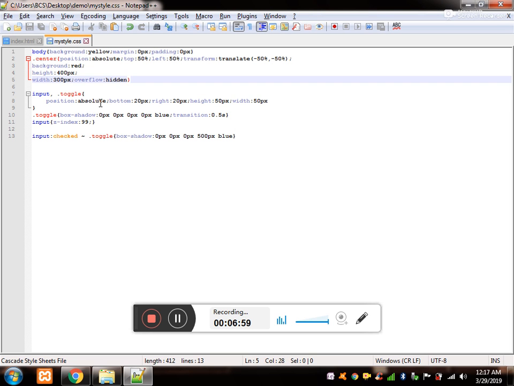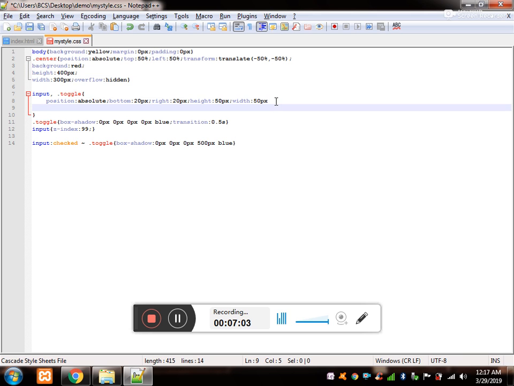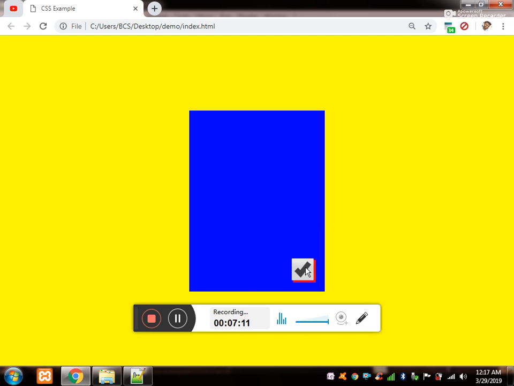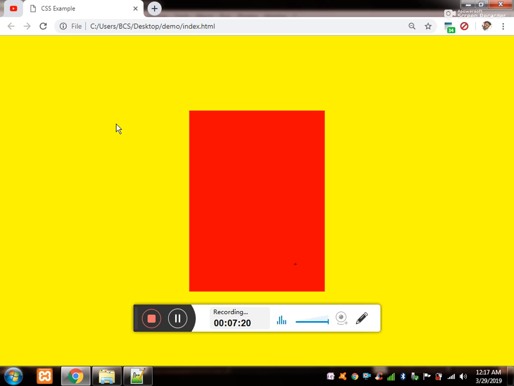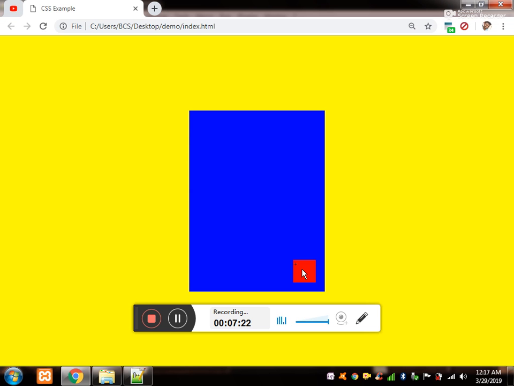And you need to make the div and the input field a circle. Now let me show you. I don't want this tick to show up. For that I would simply have opacity 0. Now the input field will not be visible, but